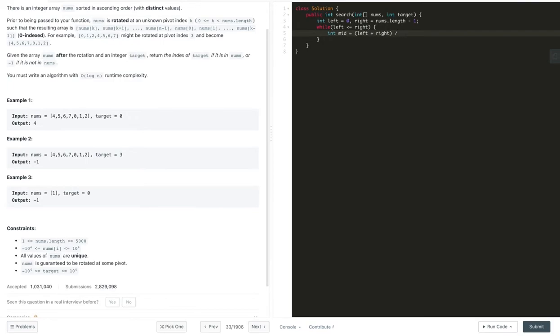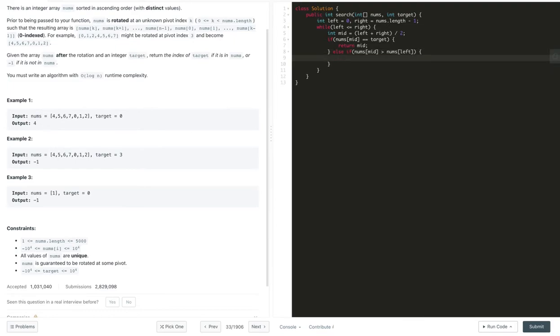If you want, you can use the other way to avoid integer overflow. Now we first compare if nums of mid itself is our target element, then in that case we just return mid. Otherwise we compare else if nums of mid is greater than nums of left.